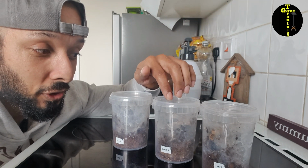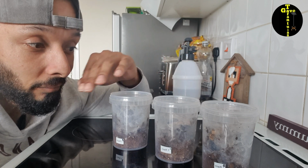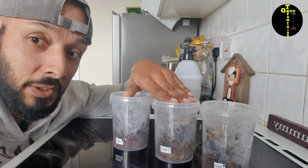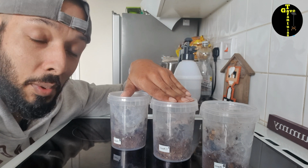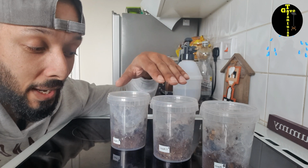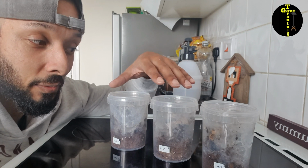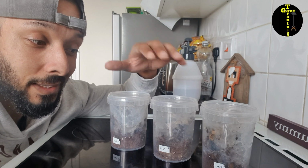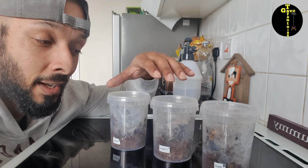But today I just wanted to see if I can give you a quick look at these Rastis. I'm going to try and feed one and show you what I normally do to keep them, because as you can see, the enclosures are quite dry. On this one I do mist them and spray them, but I allow them to dry out. I don't allow any mould to grow in these whatsoever. I don't allow any standing water to build up, or any excessive condensation on the top,